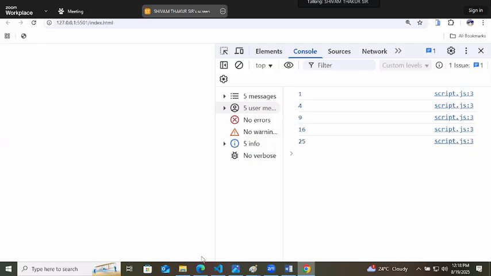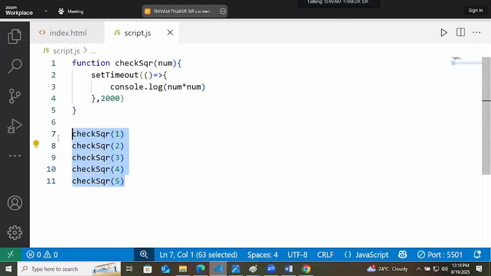The problem is all the checkSquare functions will stop for 2 seconds and then at a time all will give their output. Do you want it like that? How do we want it? At first we should get the output of checkSquare 1, then 2 seconds wait, then checkSquare 2, then 2 seconds wait, checkSquare 3, then 2 seconds wait, checkSquare 4, then 2 seconds wait, checkSquare 5.